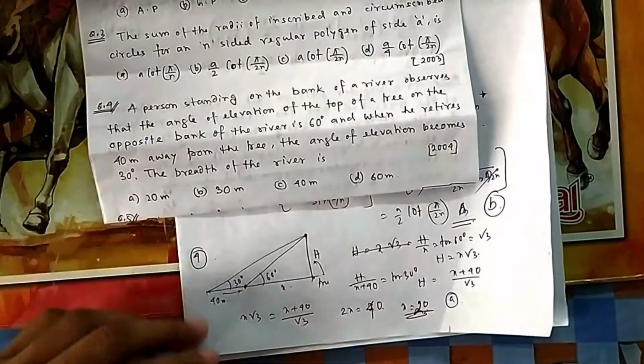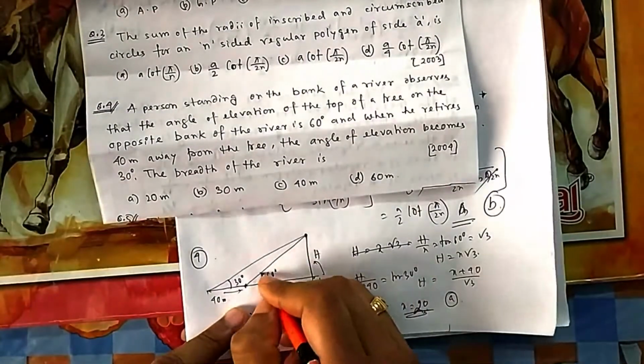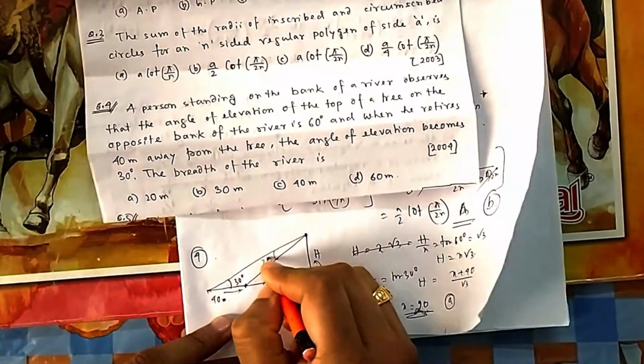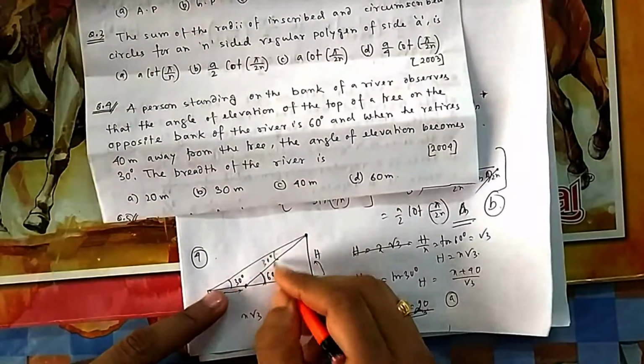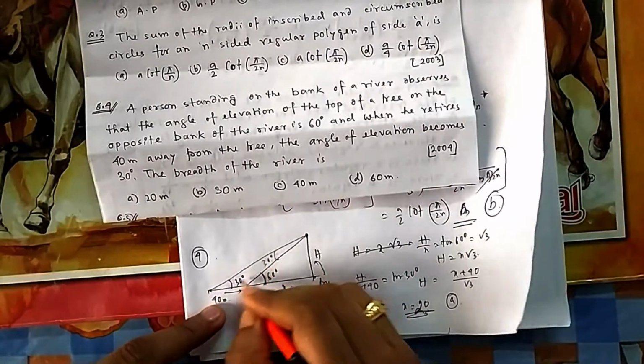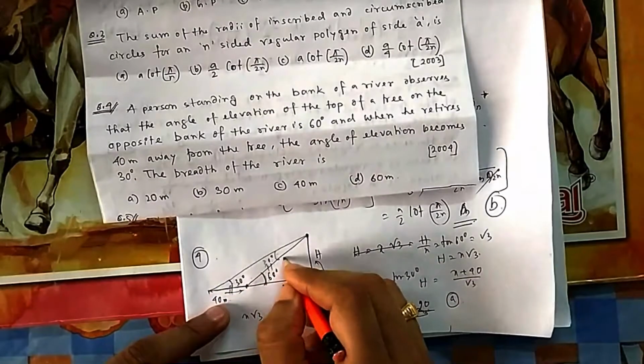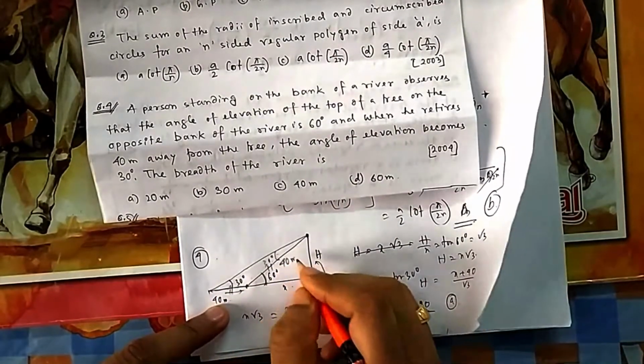Or you can do it in another way also. That is a nice way. If it is 60-30, then this is a very special case, because this is an exterior angle, and the exterior angle of a triangle is equal to the sum of the interior angles. So if it is 60, then it is 30-30. Because this is 30, then this side and this side are equal, and both are 40. From this triangle only you can find it.